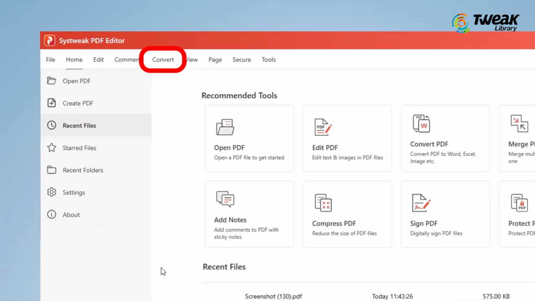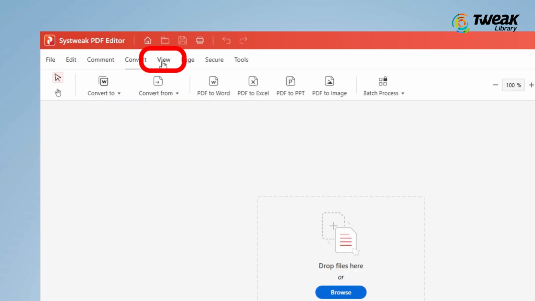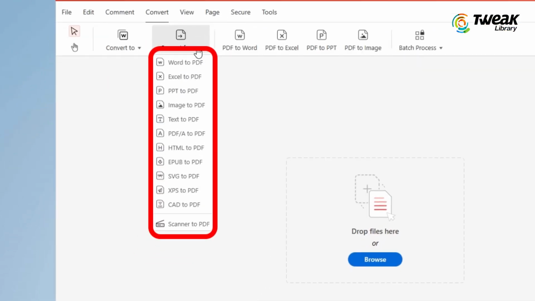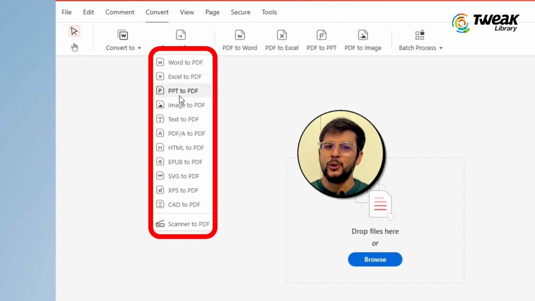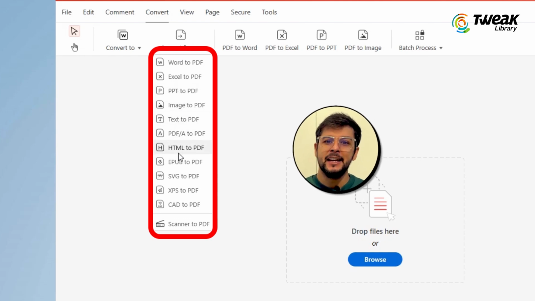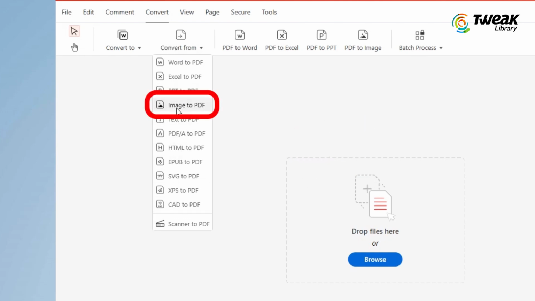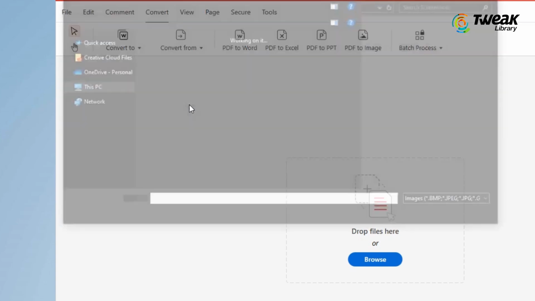First, click on Convert at the top. Since we want to create a PDF file from an image, click on Convert From. In the drop-down menu, you can see that we can convert various document types to PDF like Word, Excel, PPT, images, and many more. Since we want to convert an image to a PDF, choose Image to PDF from the